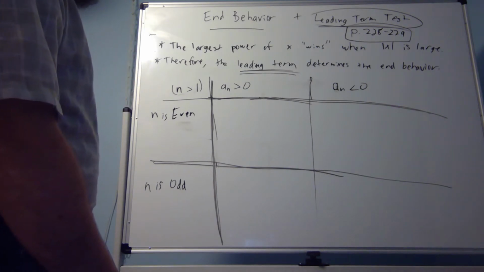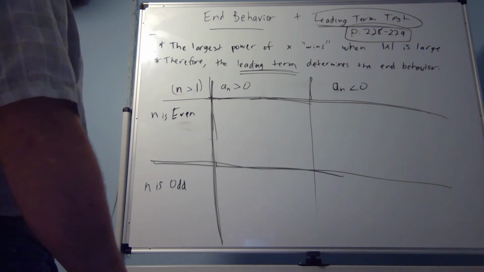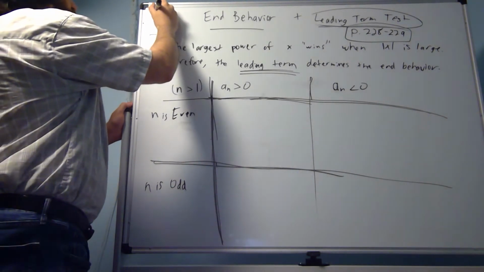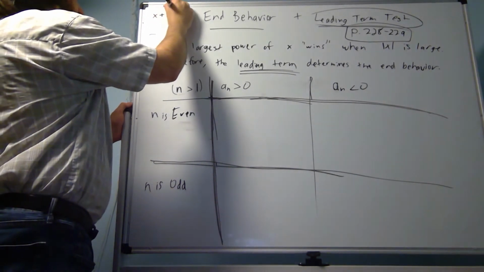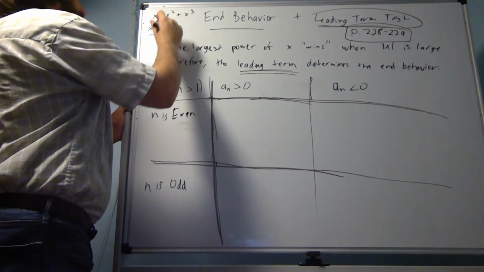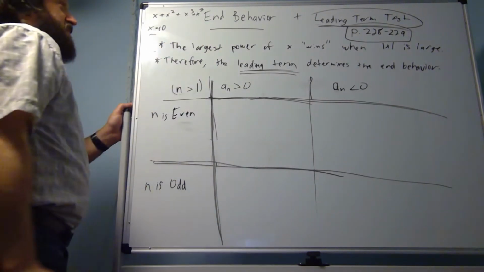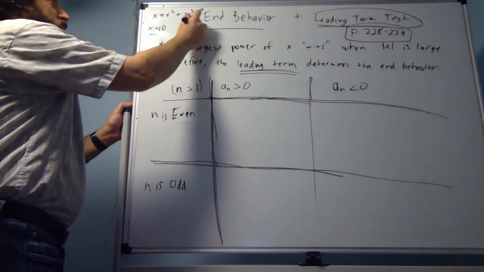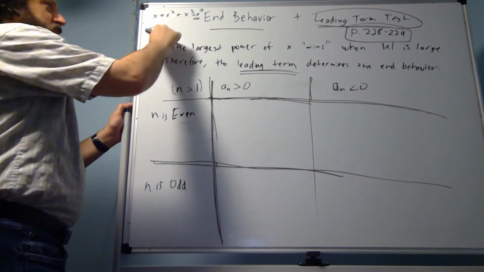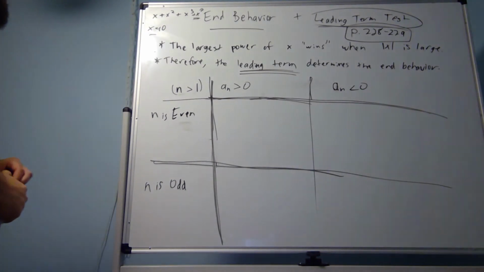But if x is very, very big, we know that the largest power of x is going to be much bigger than all the others. So if I have x plus x squared plus x cubed, when x is equal to 10, you'll see very rapidly, what if there's an x to the 7th? What if that's our highest power? Well, wow, this one's only got 1,000, but that one's got 10 million. If you plug in 100, you'll see very rapidly the largest power of x